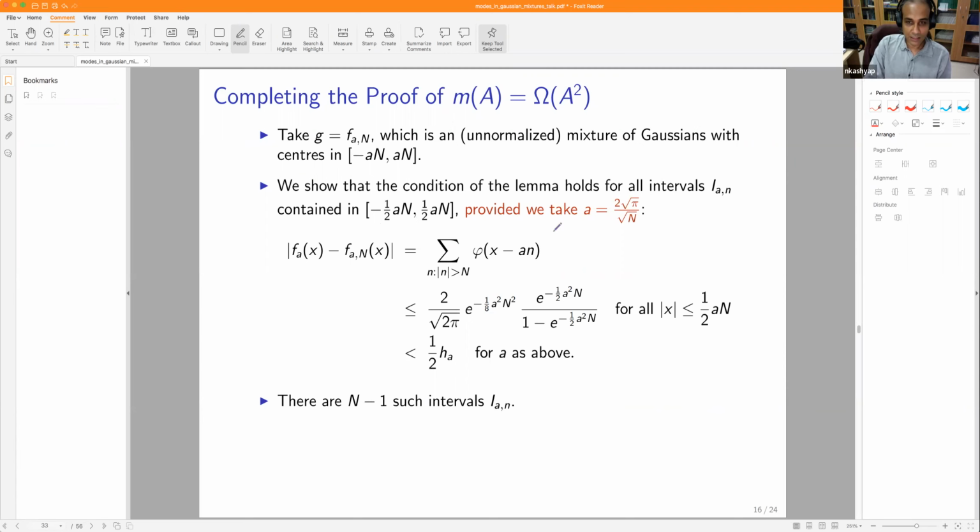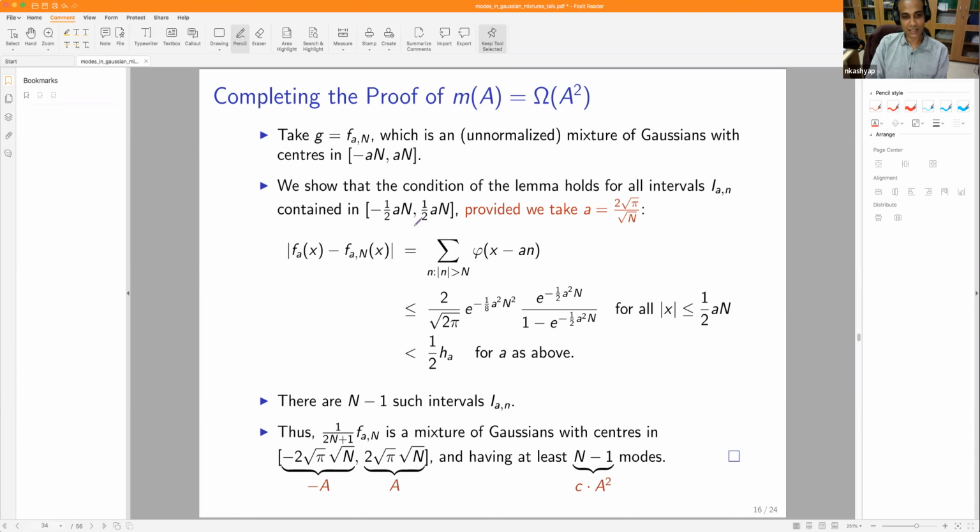So this shows that for all these small intervals I_a^n lying contained within minus half a n to half a n, there is at least one maximum of this f_a^n function, of this unnormalized mixture. And since there are n minus 1 such intervals I_a^n within this range here, therefore what we have at this